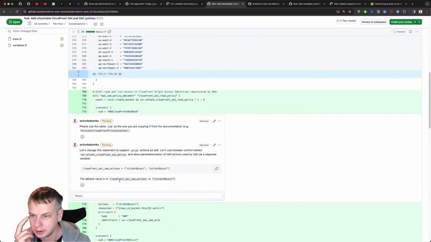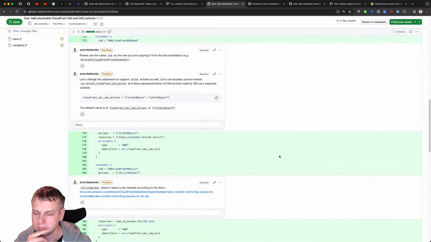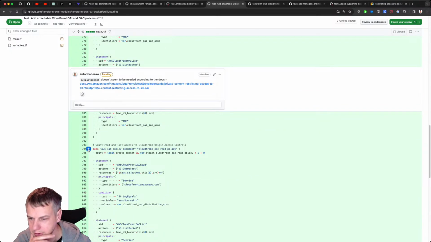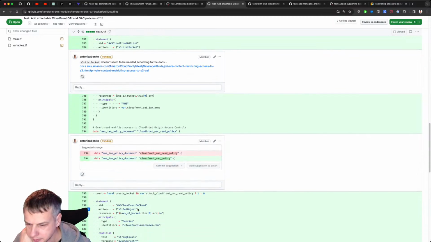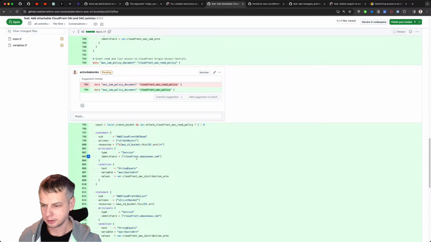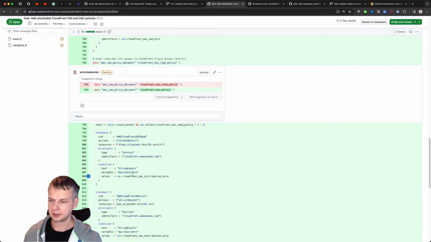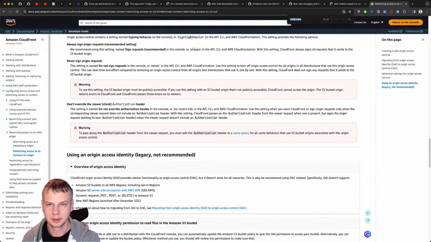Grant read, yeah, and let's rename this one as well. It shouldn't be read, it should be just see. And this one is also not just read, but it's also like this. And looking at OAC, I guess it is similar situation here because we may have get and list buckets. I don't think list bucket is needed at all. Yeah, list bucket is not needed.